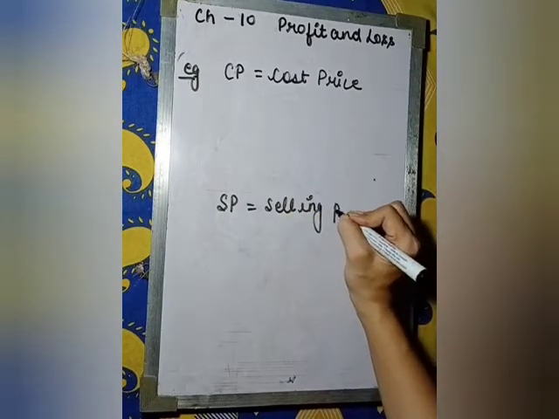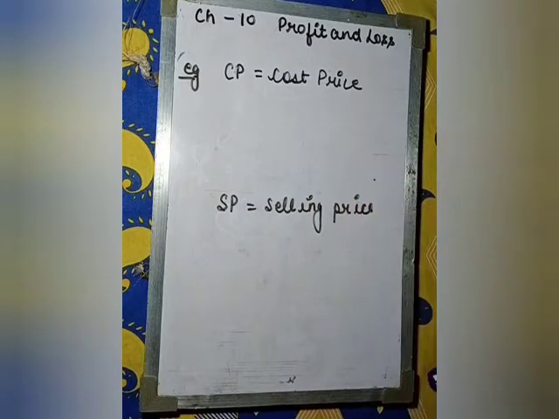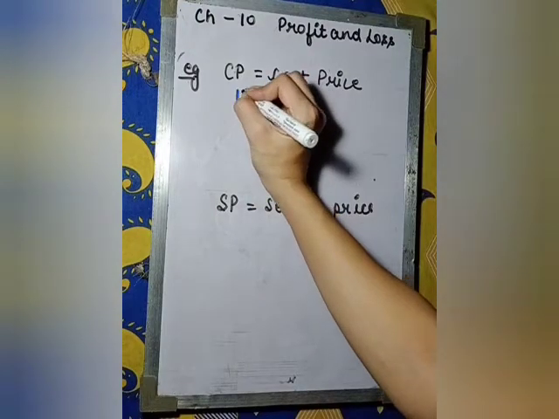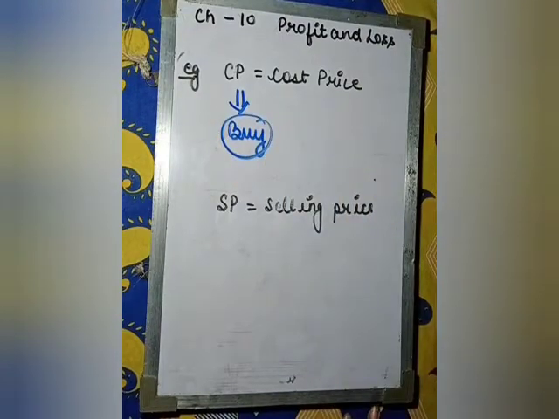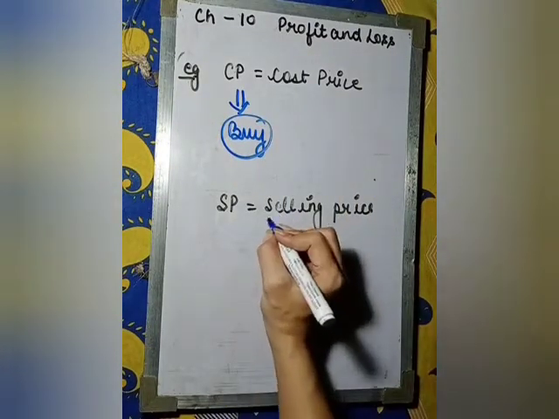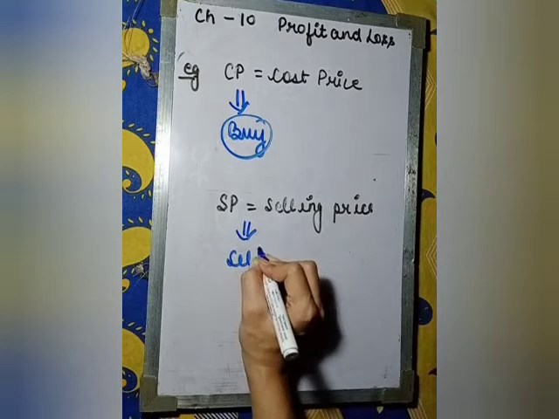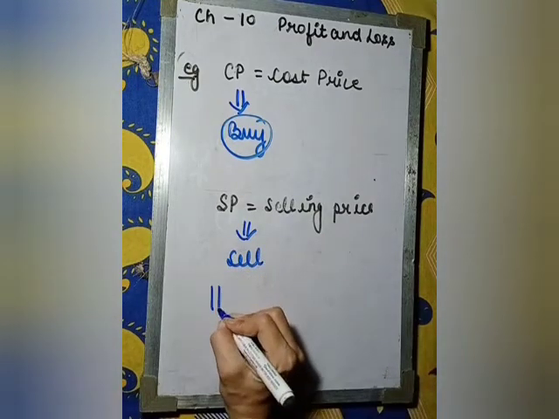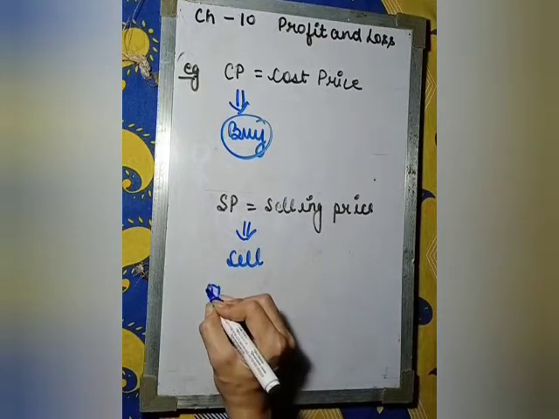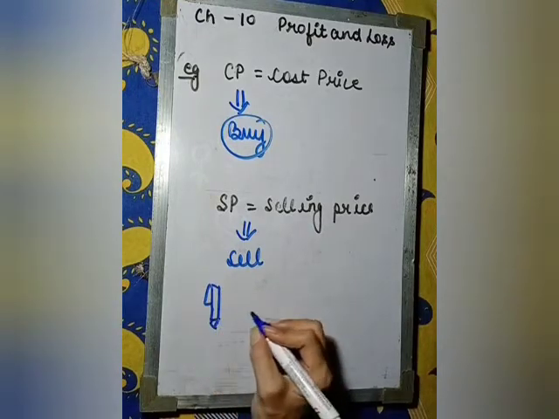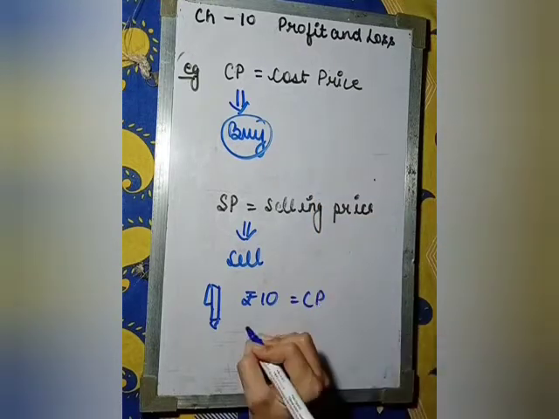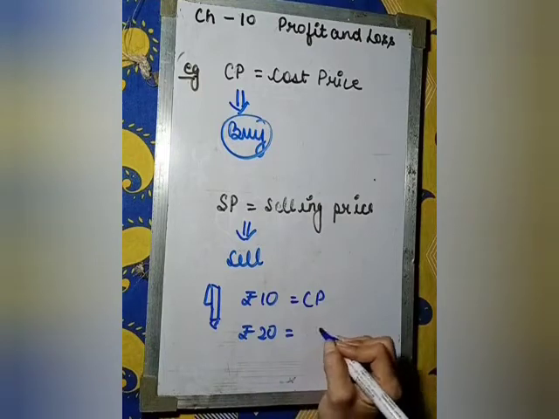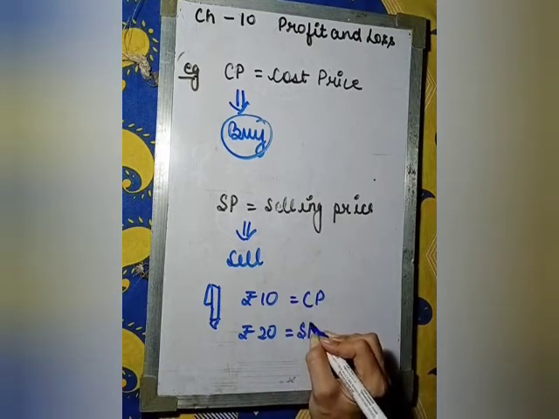So, what is cost price? Cost price means जिस रेट पे आपने खरीदा या फिर जिस रेट पे सामान खरीदा, ठीक है, जिस रेट पे बाय किया, दैट इज द सीपी. एंड व्हाट इज एसपी? इट इज द सेलिंग प्राइस, जिस प्राइस पे आपने सेल किया. ओके, इफ वी टेक द एग्जांपल ऑफ दैट पेन, how many rupees you have bought that pen? You bought that pen in 10 rupees, so 10 is the CP, and you sell it for rupees 20, so 20 is the SP.